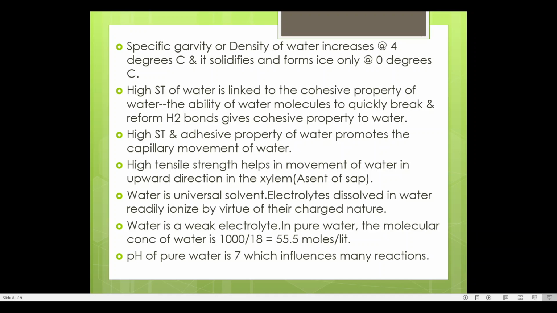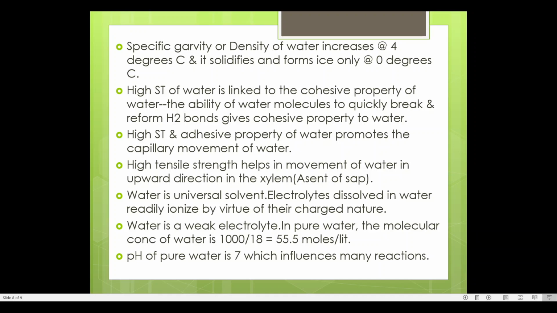So, easily breaking and again quickly reforming the hydrogen bonds in water is linked with the cohesive property of water. And you will learn in depth about these adhesive and cohesive properties of water in our later topics